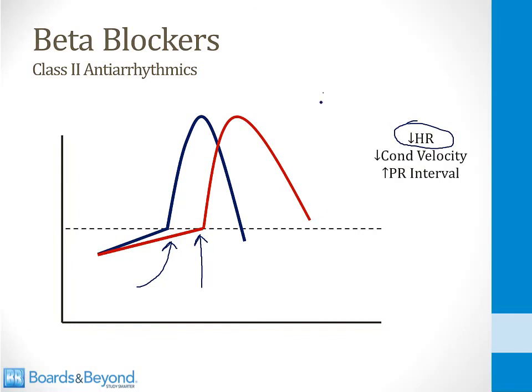In addition, repolarization in phase 3 is prolonged. This means that it will take longer for AV nodal cells to go through the entire process of depolarization and repolarization. This will result in a slowing of the conduction velocity through the AV node, and it can result in a prolongation of the PR interval. Class 4